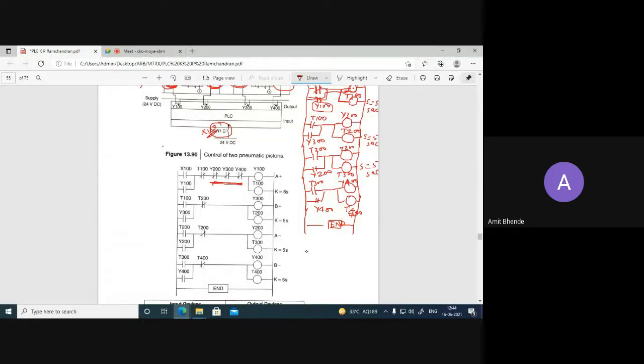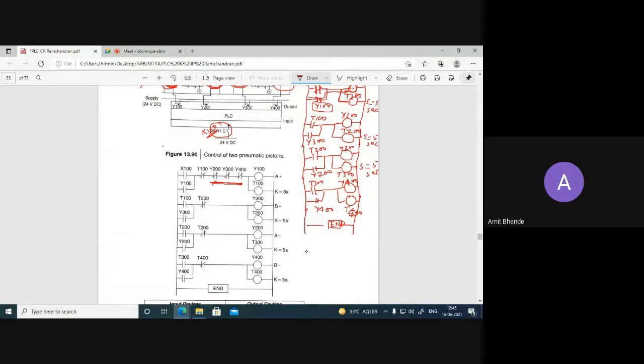Okay, because the moment Y200 gets energized, then it will cut the supply to Y100. Okay? Because when Y300 changes its status, then these switches will get open. That means for the motion of Y300, Y100, Y200 and Y400 will be de-energized.